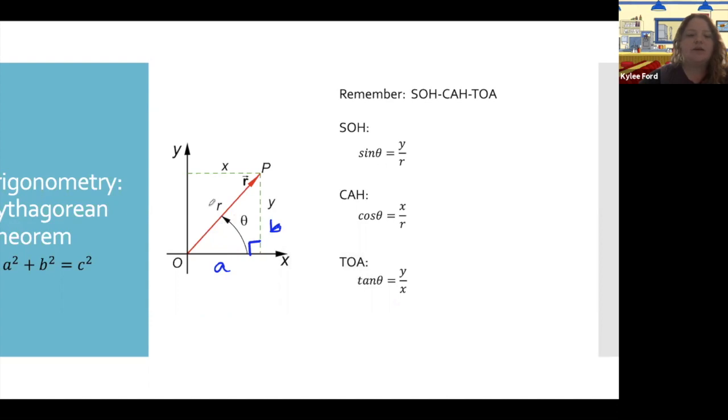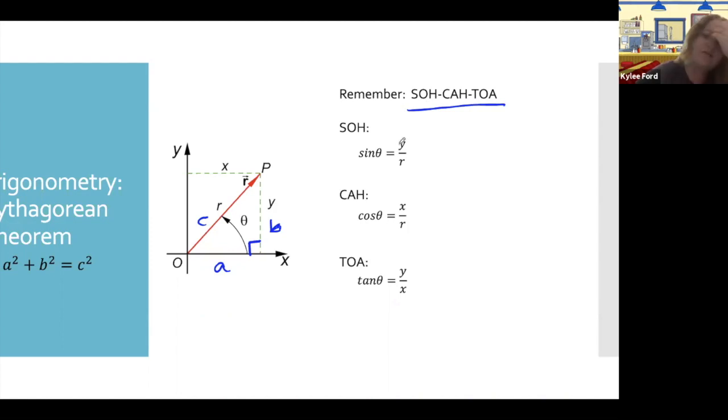Okay, so that's our b, and then equals c squared. So we have our a squared plus b squared equals that c squared, this longer side. So what we want to go over is remembering